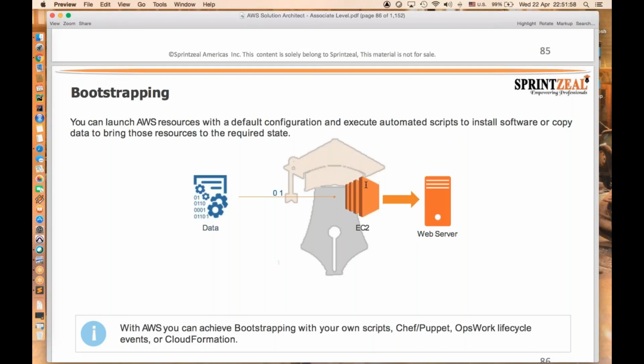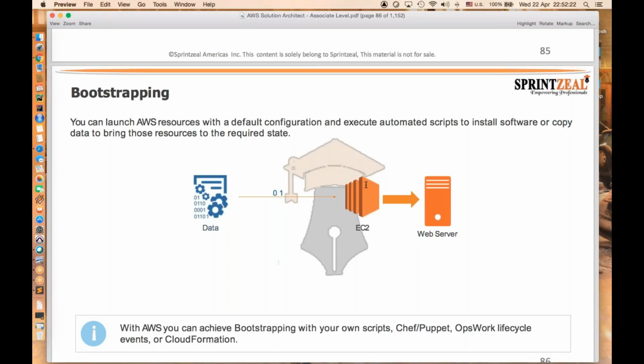The bootstrapping will do all these things in an automated fashion, using the bootstrapping mechanism to have the data, create all your instances, copy the data and make your resource available for all your